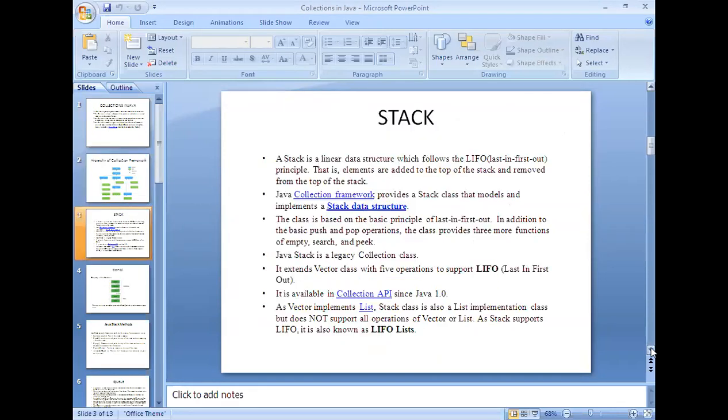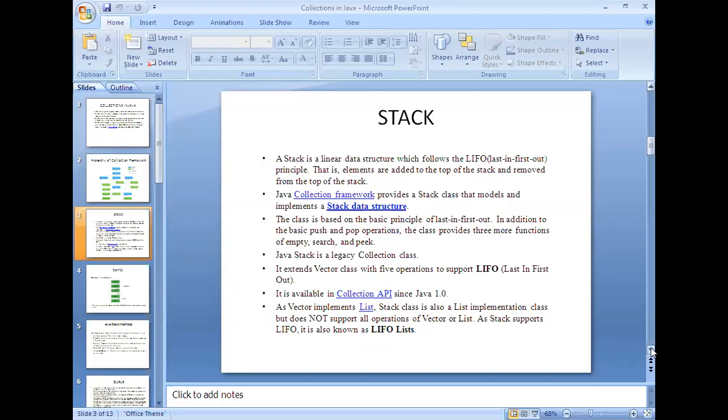As you are all aware, stack is a linear data structure which follows the last in first out mechanism. Whatever element was most recently entered into the stack will be removed first when you perform the pop operation. Here the insertion operation is called push and the deletion operation is called pop, right?